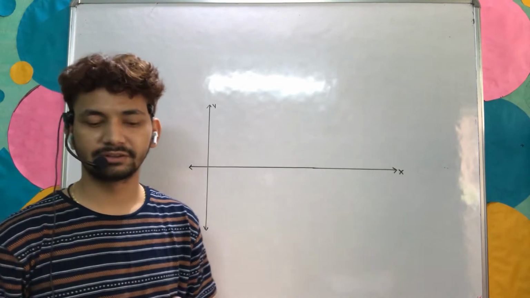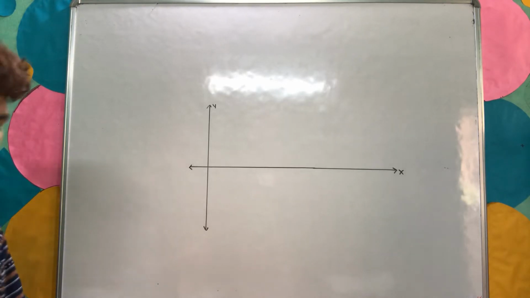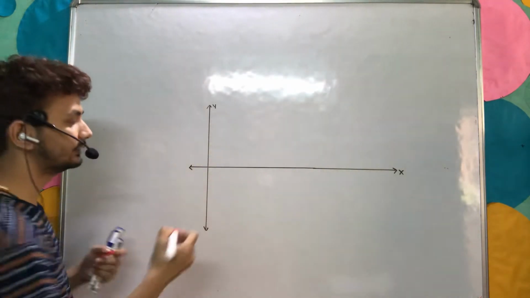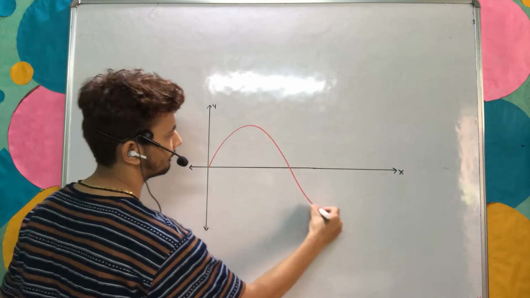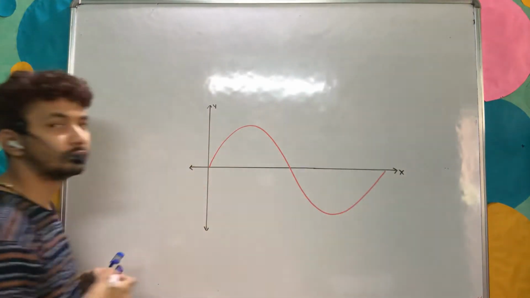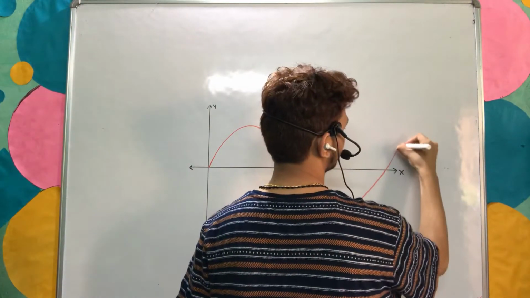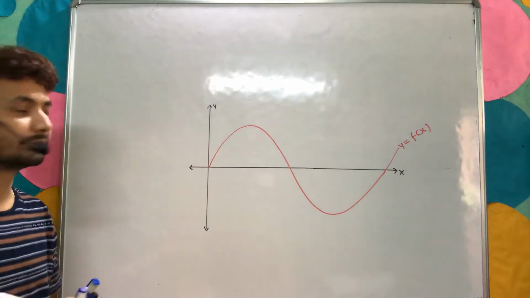Today I am going to describe increasing and decreasing functions. Here I am going to give you a brief introduction to them. For this I will take a small graph, and its graph would be the sine graph. So I am drawing the graph. Here this is my given graph for the function. It could be the graph of any function, and it is defined by y equals f(x).